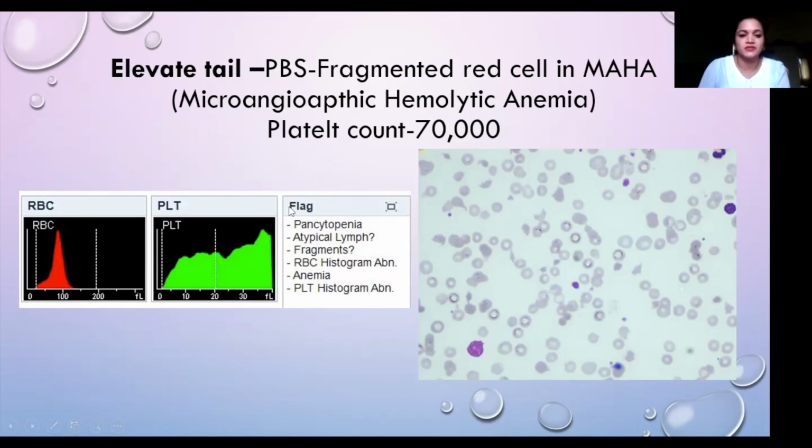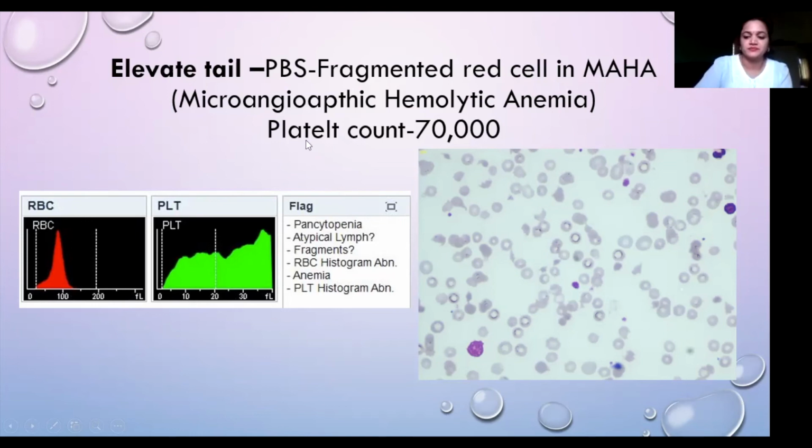and this again is because of the fact that fragmented RBCs could come in the way of platelet counting because both are counted in the same channel, and hence in this particular sample of microangiopathic hemolytic anemia, we can see the flagging for fragments as well, and we can see the platelet histogram with an elevated tail which is not reaching the baseline, and on peripheral blood smear examination we can see numerous fragmented RBCs, broken RBCs. So this was a case of hemolytic anemia.